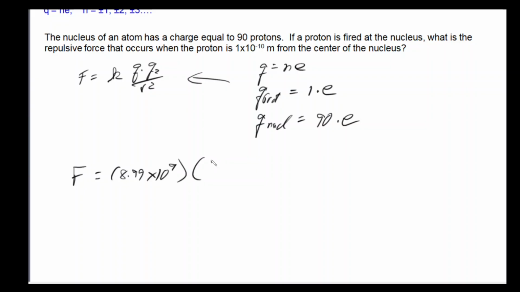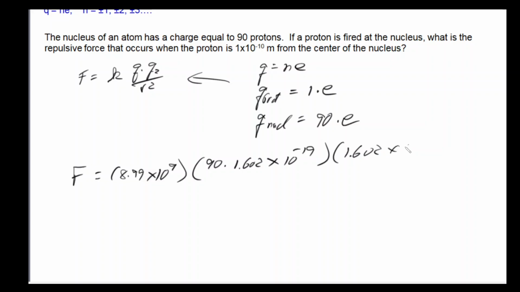So that's 90 times E, and E is 1.602 times 10 to the minus 19th, times Q2, which is the proton, which is 1 times E, which is